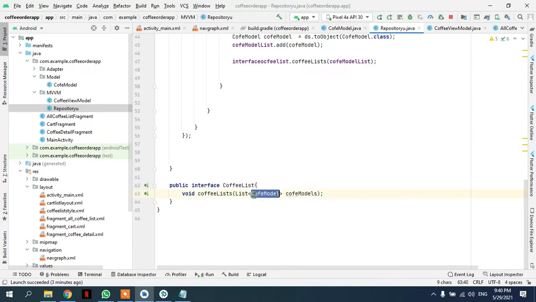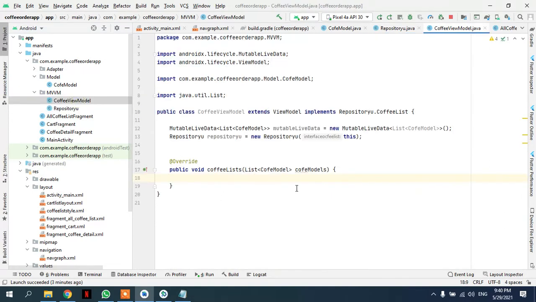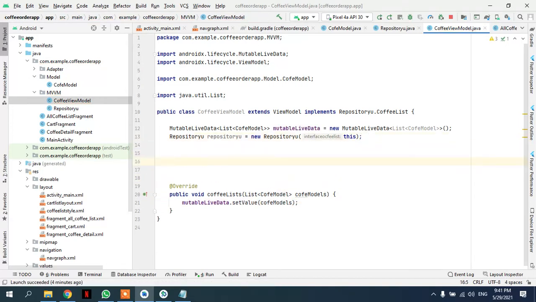This method that we had created will be coming in here. I'll not explain it much because I have done this so many times. And let's get MutableLiveData set value coffee models,